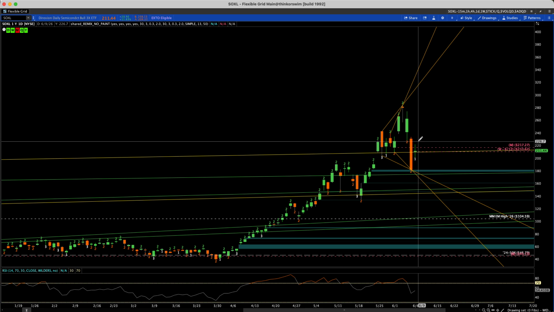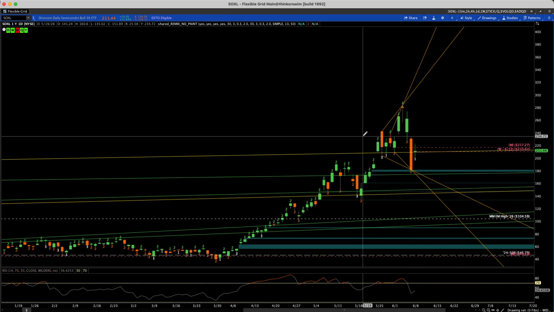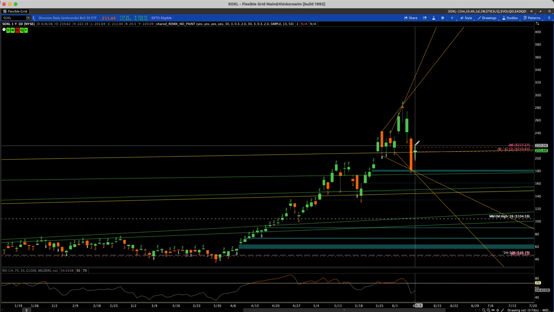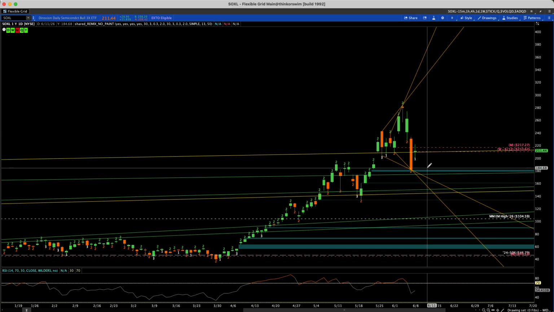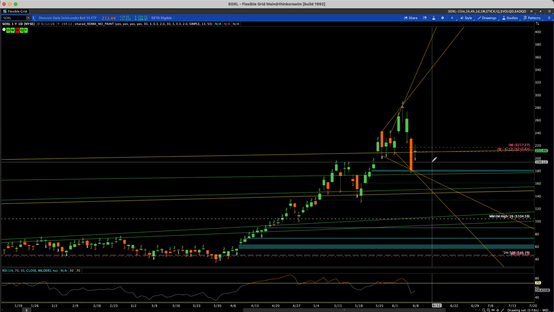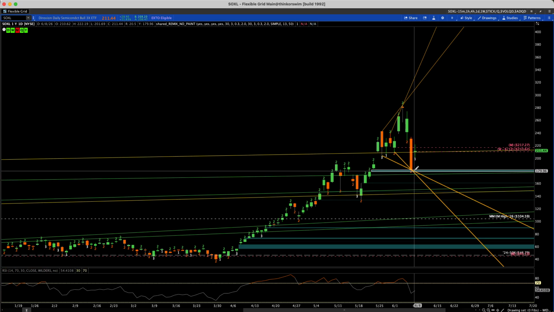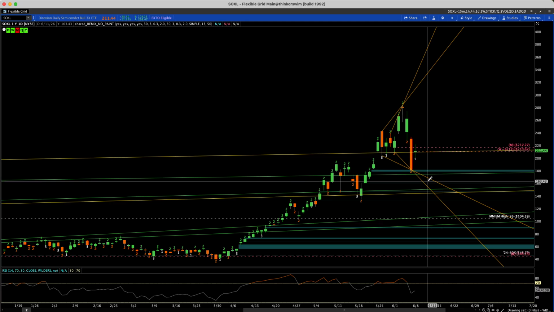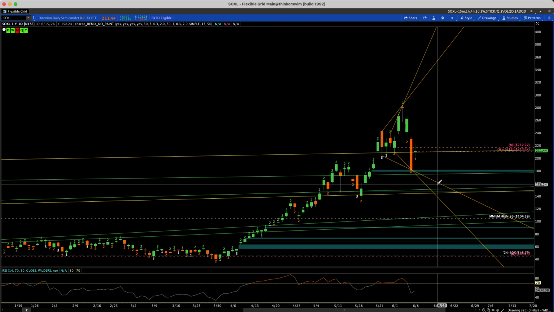So you can see it pulled back right to what was resistance, making it support, which is another sign of an uptrend, right? Turning what was previous resistance into support. So from the 4 hour perspective, things are still looking good there. Oops, let me get a cleaner chart here. If we go to the day,